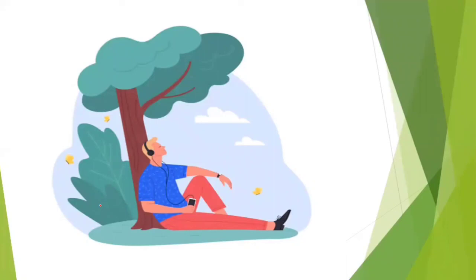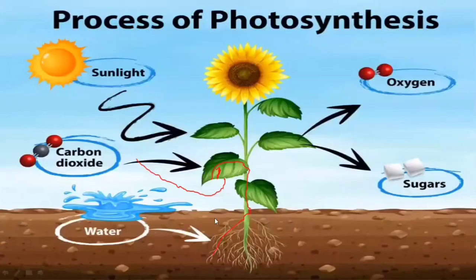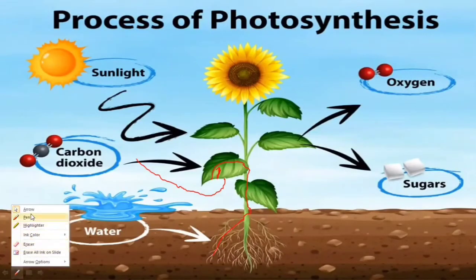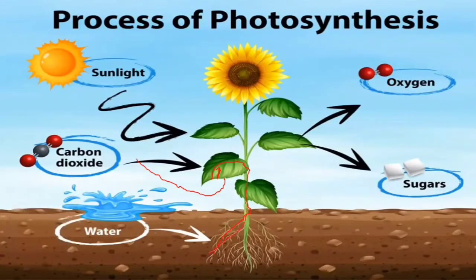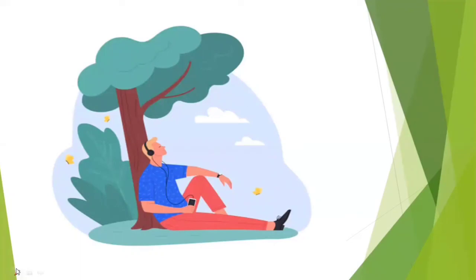Now the plant doesn't use all the water which we give it. It throws out much of the water. As I told you, the stomata is below the leaf, at the bottom of the leaf. So of the water we give it from the roots, it uses only 30 to 35% to make its food, and the other 70% of the water it throws out from the stomata downward. So that's why when we sit below the tree, we feel a little bit cool.